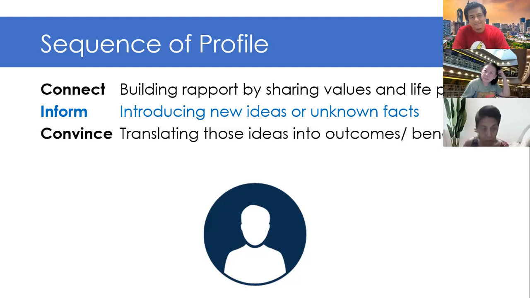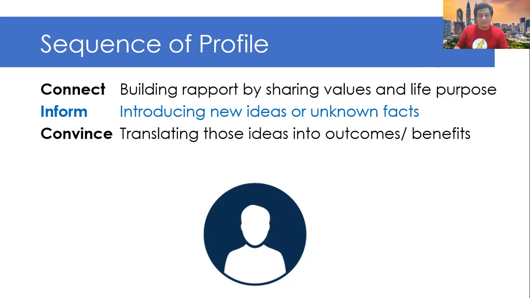Now the third paragraph, this is what clients always complain to me about. They say, I keep getting resumes from Superman. I got this degree, I got this certificate, I'm fantastic like this, I work on this project, it's all me. Where is the client in there? So the client says, at least tell me what output I can get as a result of your fantastic degree, your amazing colored brain certification. So in the third paragraph, you must translate those ideas into outcomes or benefits for the client. What will they get as a result of your amazing abilities?